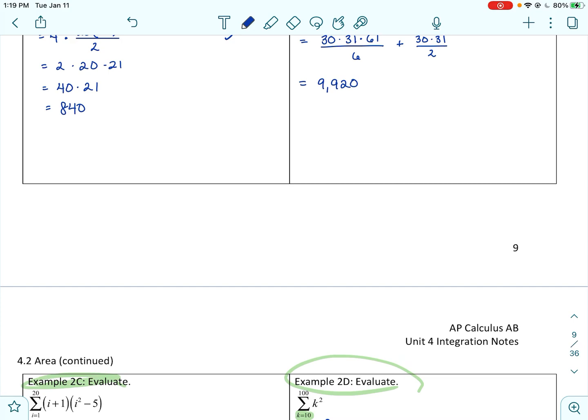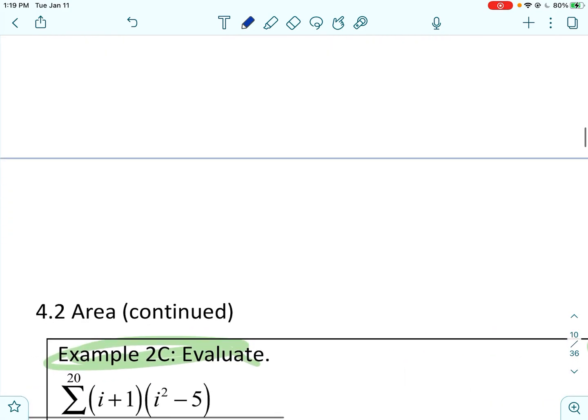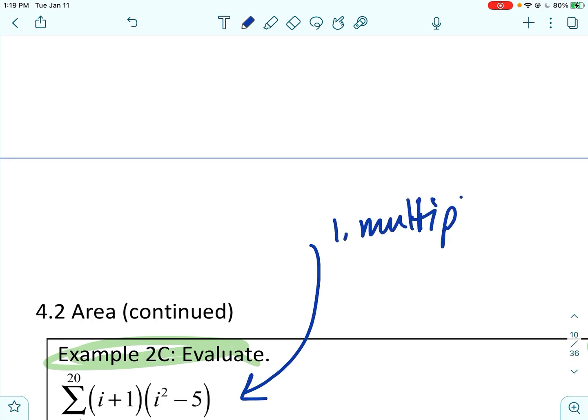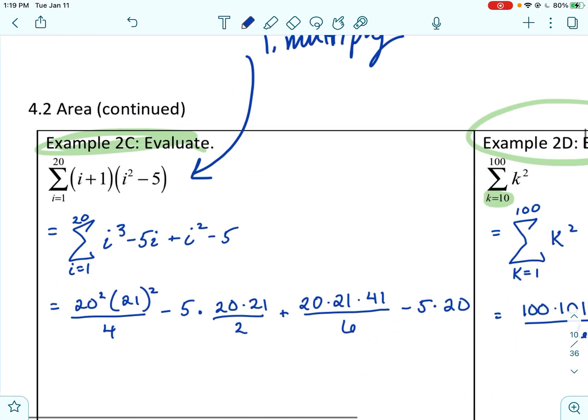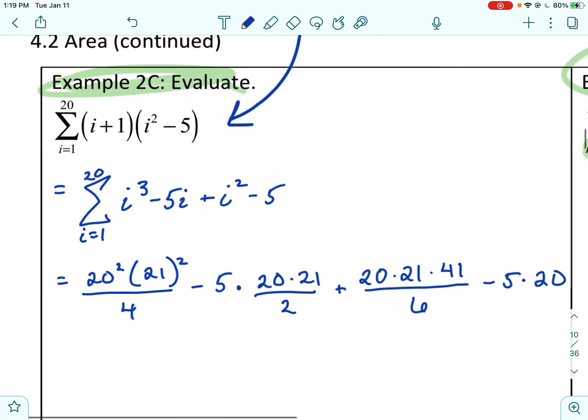All right, so go ahead, first step of doing this one right here is to first multiply it out and then apply the rules from that first page. So go ahead, pause, work that out, and then come back. All right, so this is what you should have gotten. And then you can finish multiplying all that out to make sure, but I'm most concerned with you getting from here to